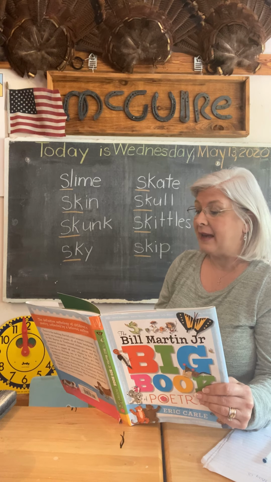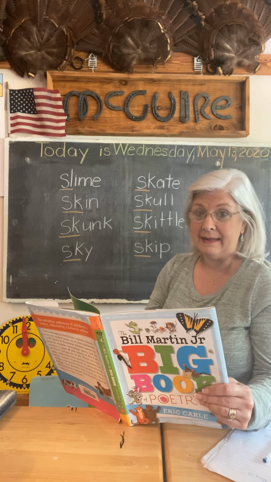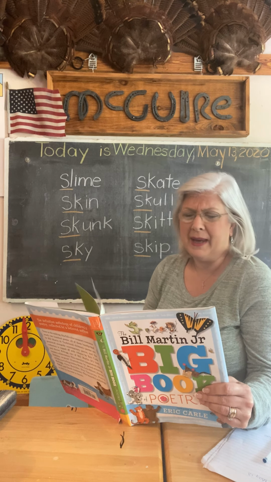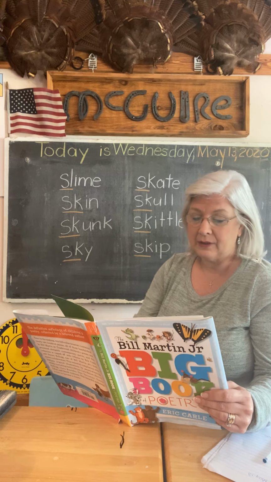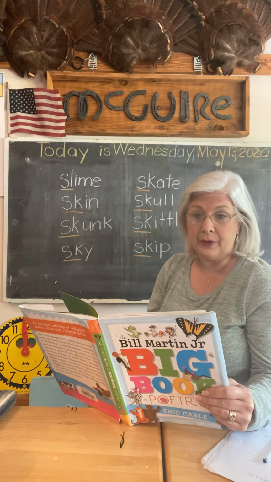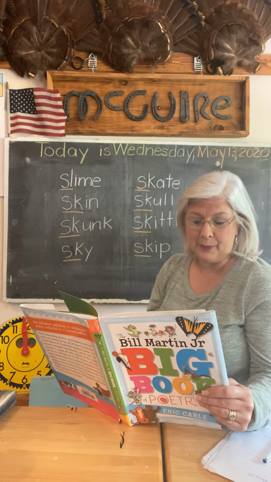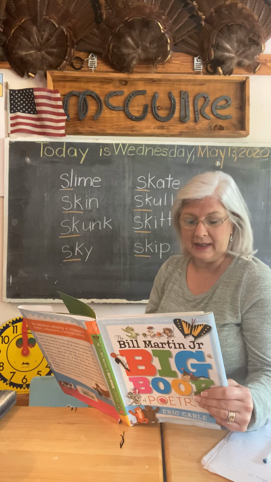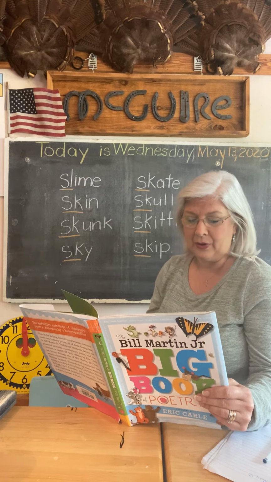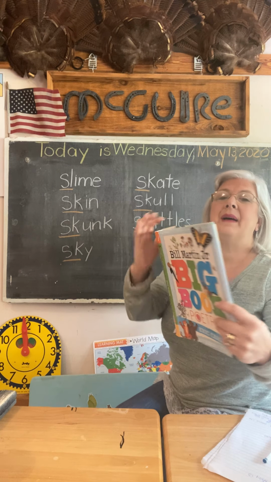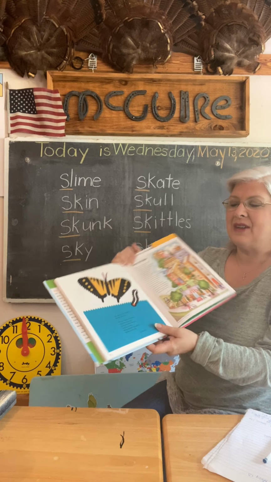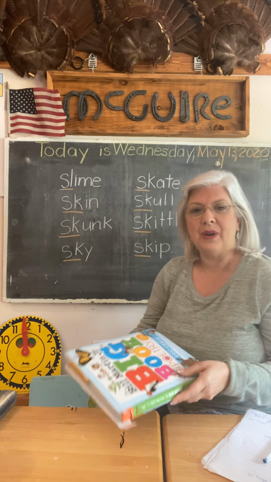The seventh little caterpillar met a hungry wren. That's a bird. And the eighth little caterpillar was frightened by a hen. The ninth little caterpillar fell into the sea. The 10th little caterpillar crawled up an apple tree and hung there patiently until by and by the 10th little caterpillar became a butterfly. And there it is. So that's what I wanted us to learn about today